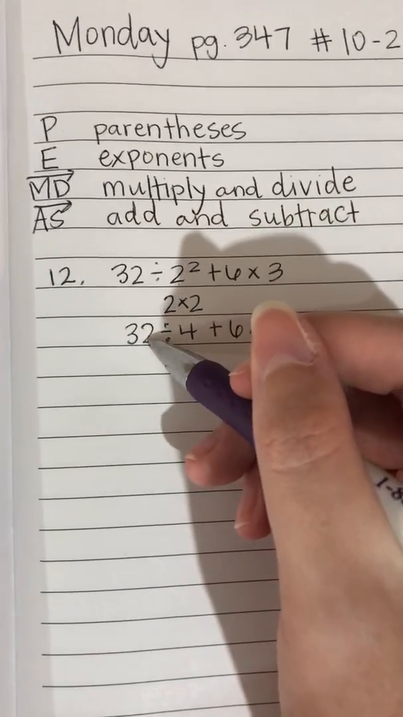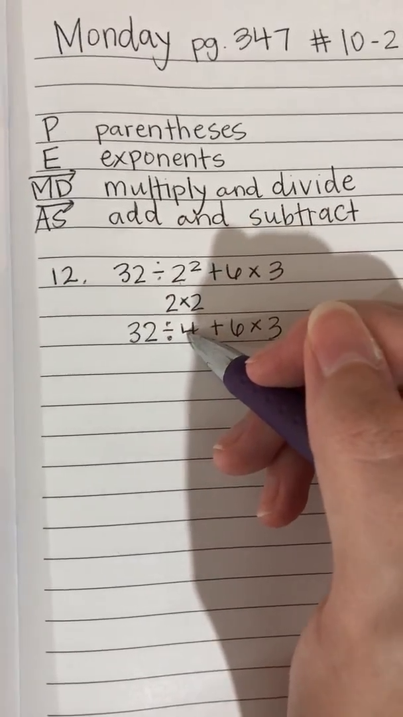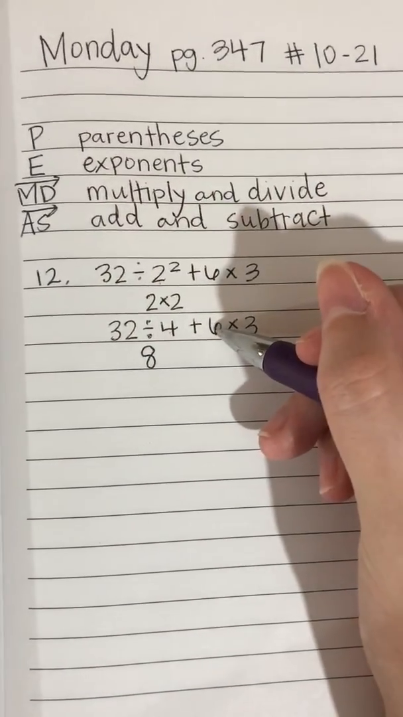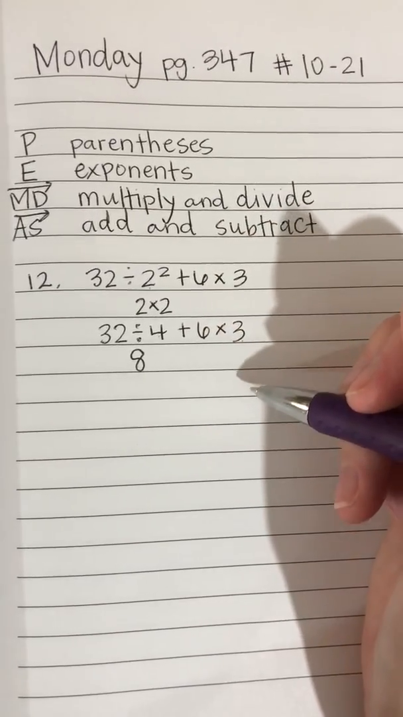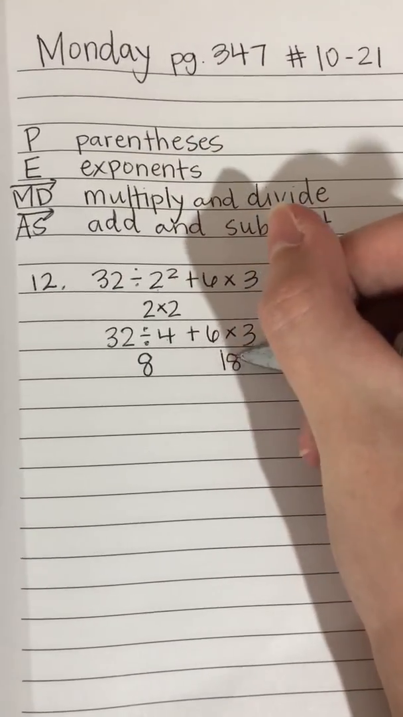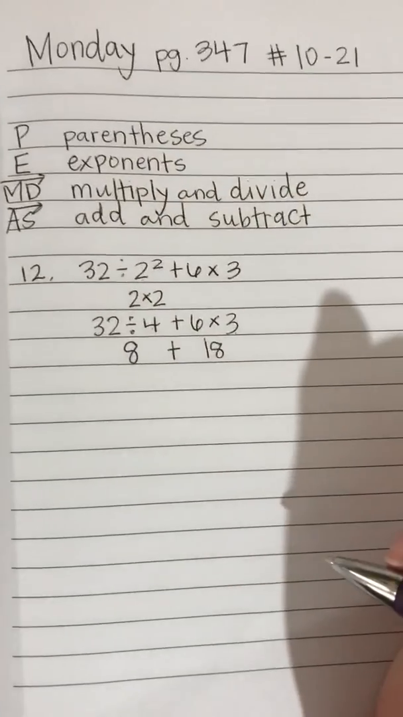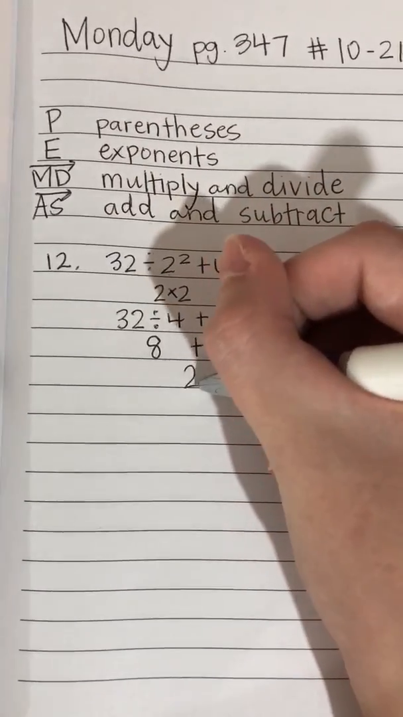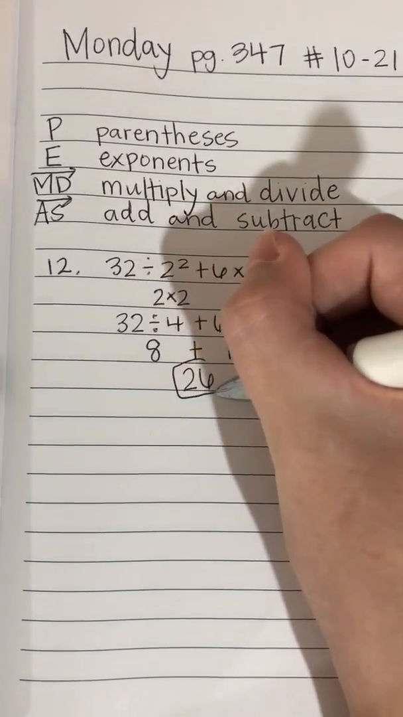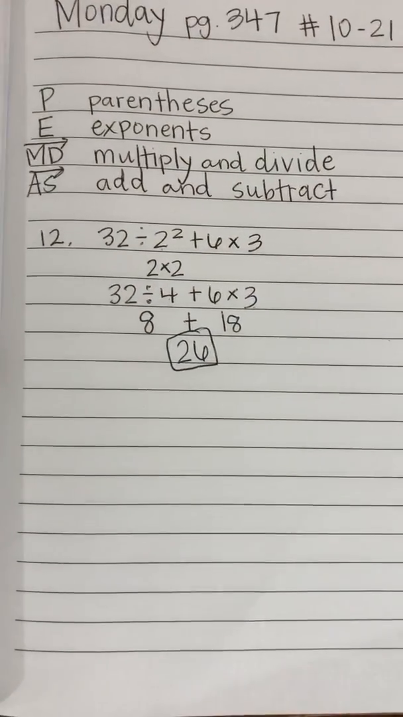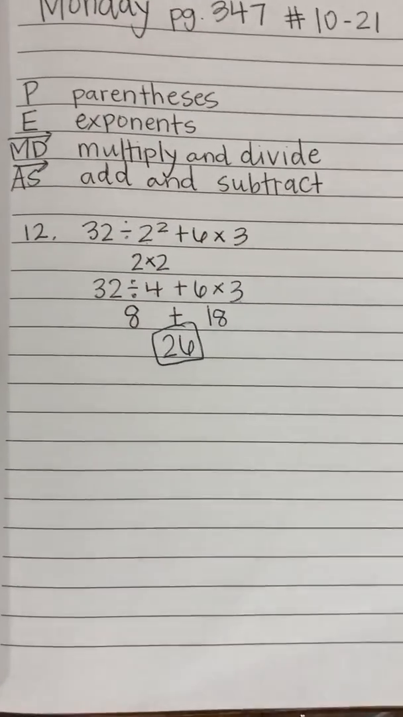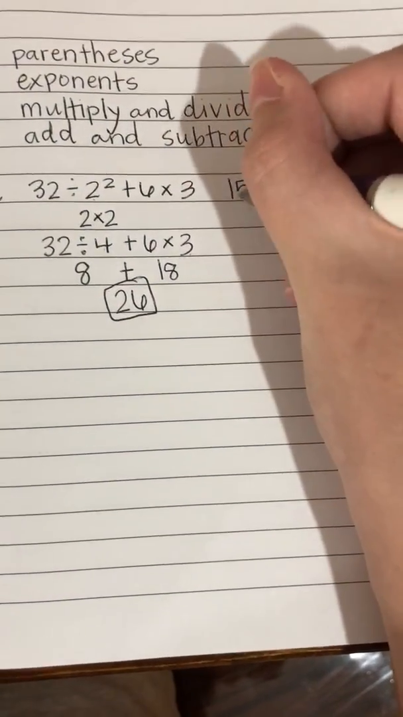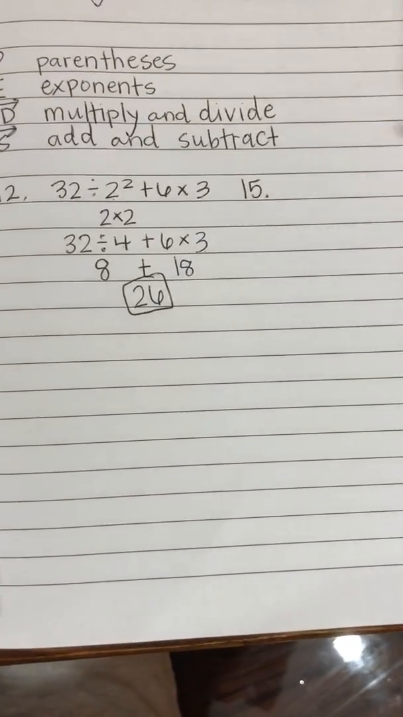So the first thing we do is 32 divided by 4, which is 8. And then we multiply 6 times 3, which is 18. And we still have our plus sign left. So now we have 8 plus 18, which is 26. So the answer to number 12 is 26. All right, next I'm going to do number 15. Number 15 says